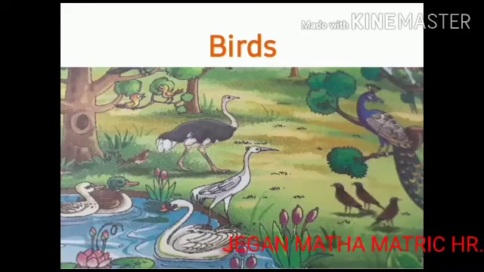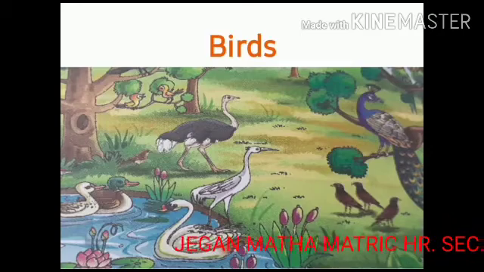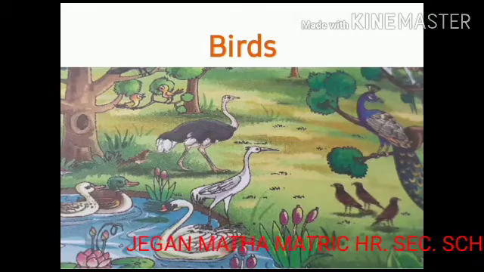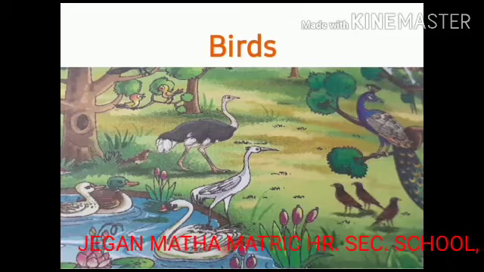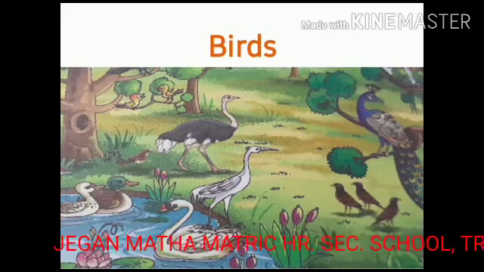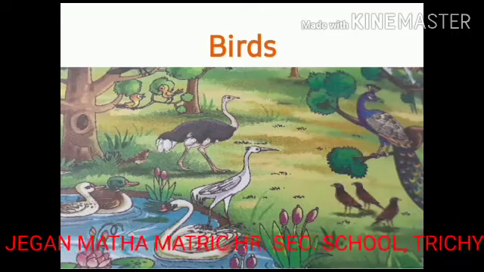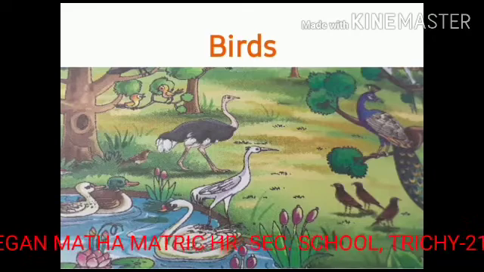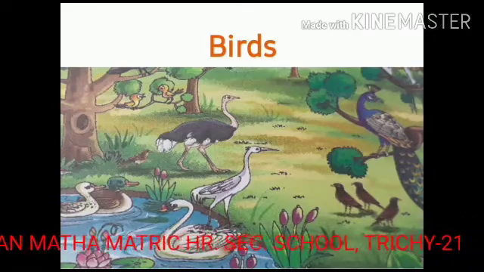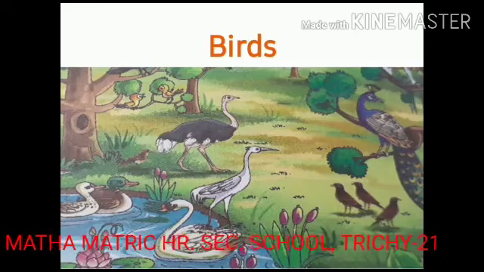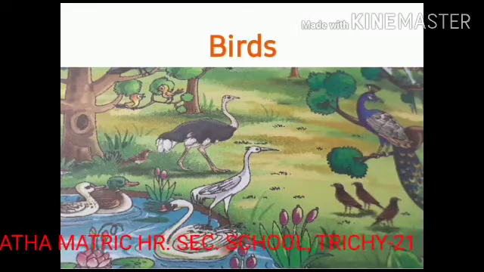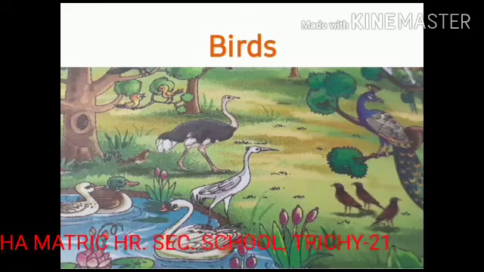Do you know, children, there are about 10,000 species of birds. Some are very tiny, such as the bee hummingbird at 2 inches tall, and some are very large, such as the ostrich, which is 9 feet tall. They are social creatures communicating with visual signals, calls, and songs. Sometimes we will see a number of smaller birds flying after a larger bird. This is called mobbing.